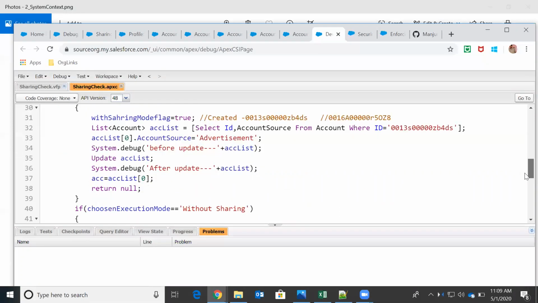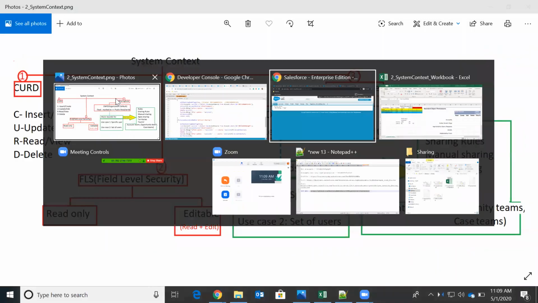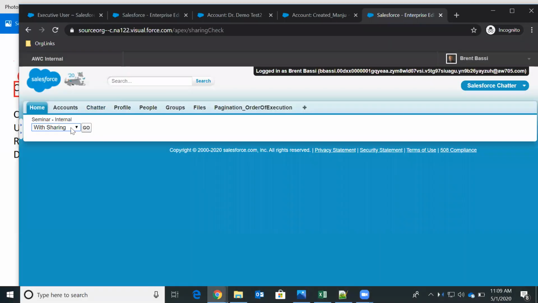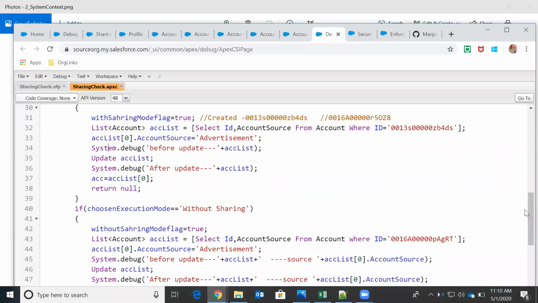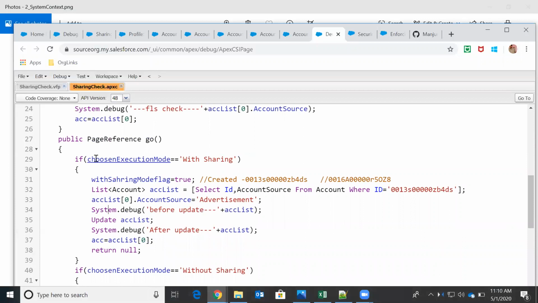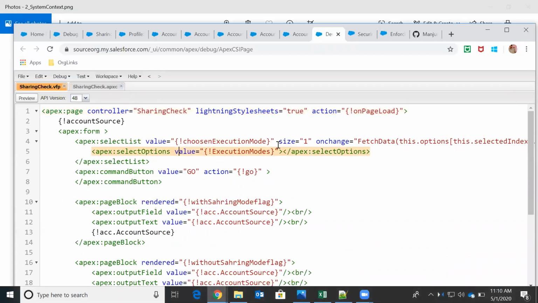Let me explain this. The design is like this. Whatever value you select, if I select with sharing and click go, then in the backend I identify whether it is coming from with sharing or without sharing using this. It's a string field declared at the class level, and in the Visualforce page, this is how I am identifying. Whenever you change the drop down, fetchData is a JavaScript method.